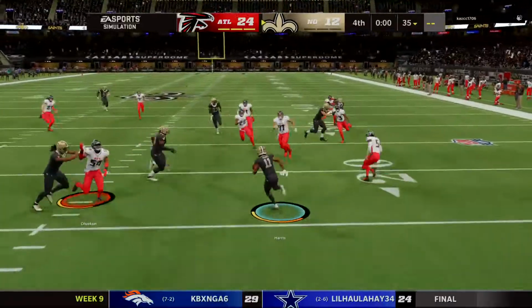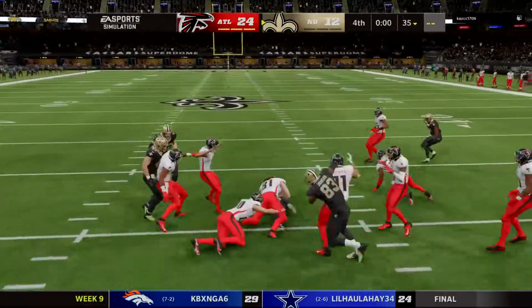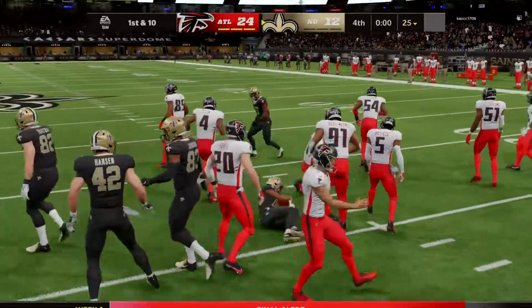Here comes Deontay Harris from his end zone. Well, in this one,